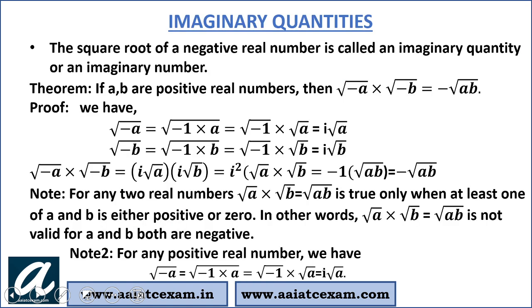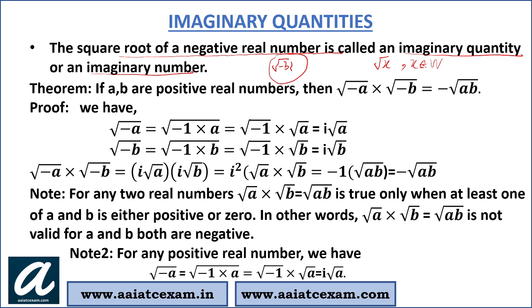Now, let us talk about the imaginary quantities. Students, you know the square root of a negative real number, that is called the imaginary quantity or imaginary number. Under root of minus 31. It is an imaginary number. Why? Because you know whenever I write under root x, what is the domain of this? That x should belong to whole numbers. X is either 0 or greater than 0, not less than 0. But I am writing minus under root 31 here, which is less than 0. So students, is it a real number? No, it is not actually a real number. This is just an imaginary number.